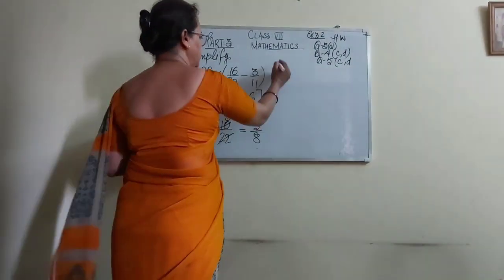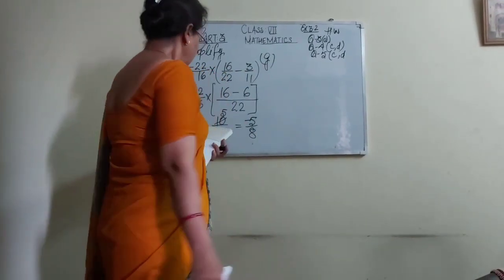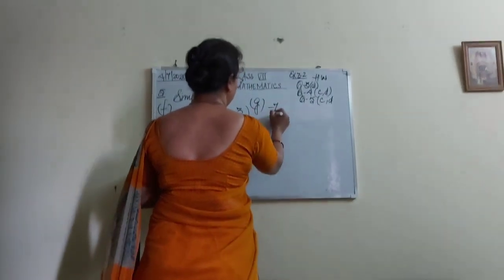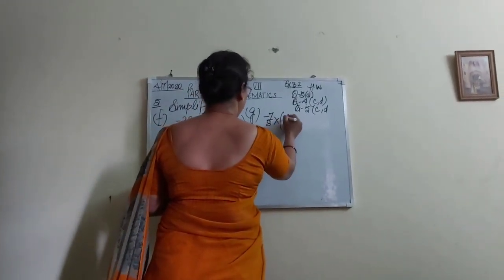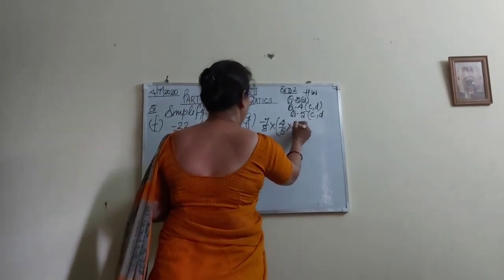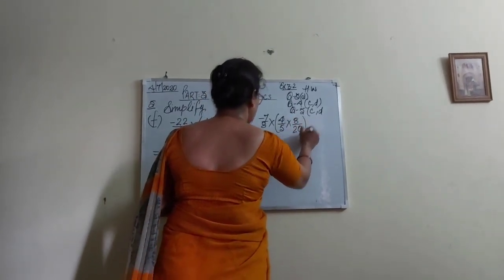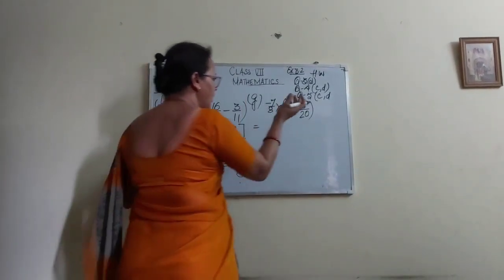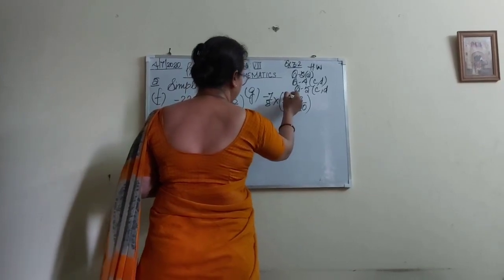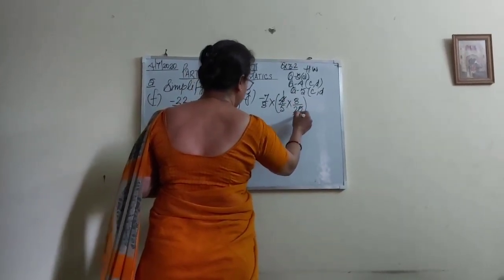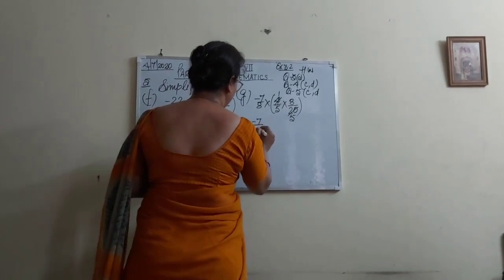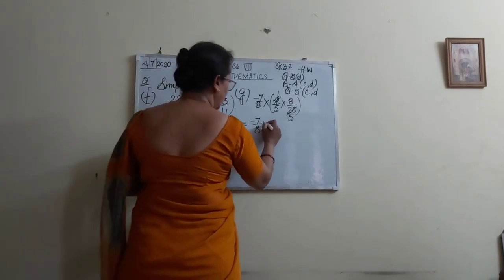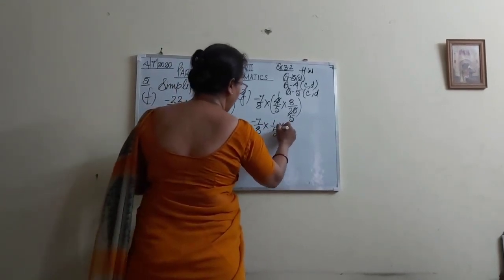Okay. Now I am going to explain G part. G part is minus 7 by 8 multiply 4 by 5 multiply 8 by 20. That's right. What will we do? All are in multiplication. We can solve first of all inside the bracket. 4 1s are 4 and 4 5s are 20. So what will be remaining? Minus 7 by 8. This is always in front of us. Into 1 by 5 into 8 by 5.